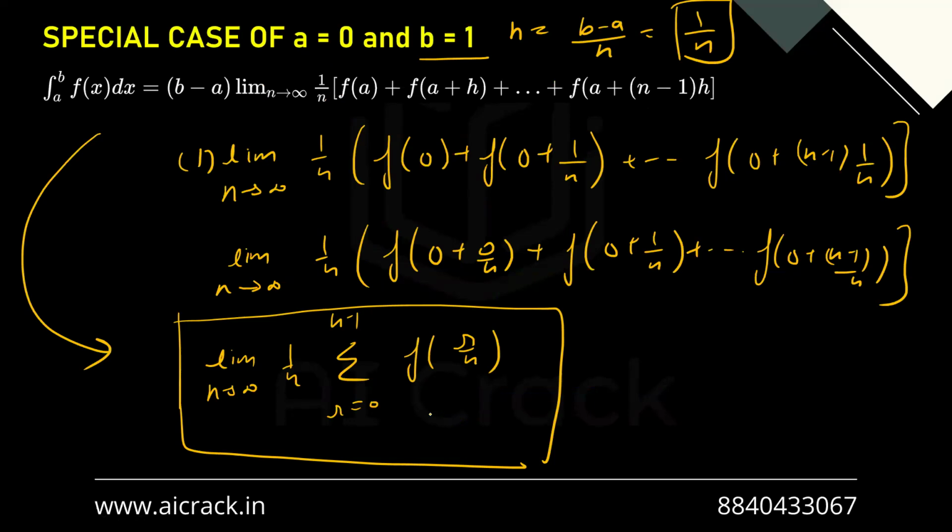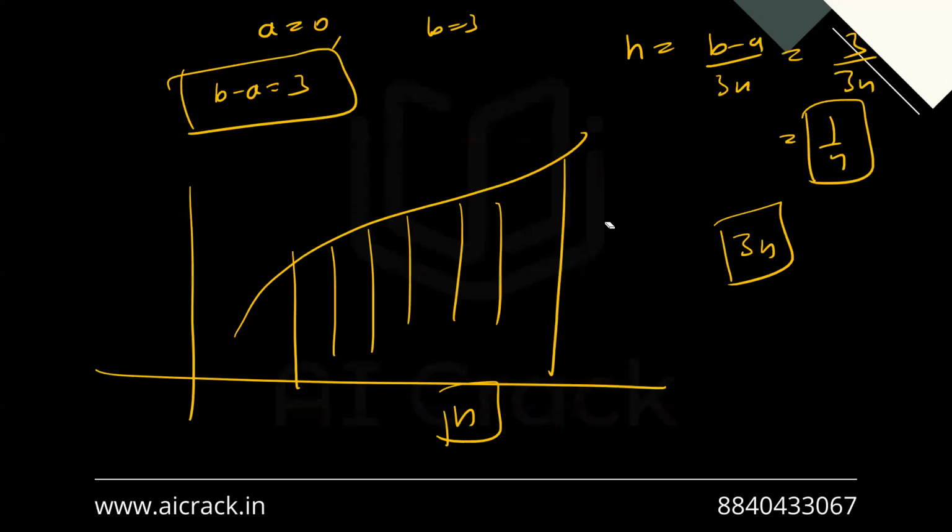Only thing that changes over here is the limit. So we'll go from r equals to 0 to r equals to 2n minus 1 or 3n minus 1 or 4n minus 1, whatever. But everything would stay the same, right? So that's why we can generalize this expression and we can make a comparison with the integral. Okay. So how can we do that? So what we are doing over here,